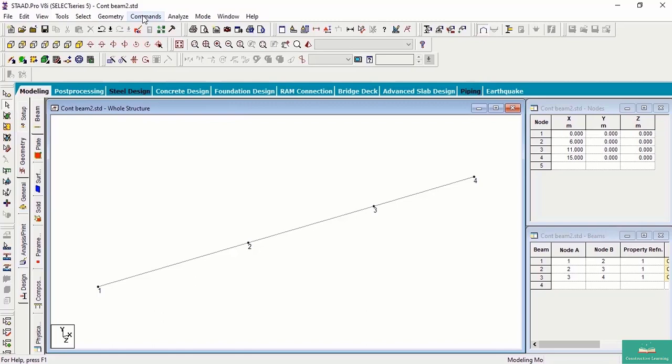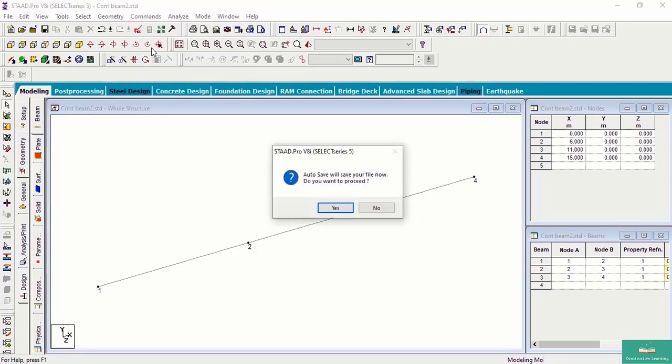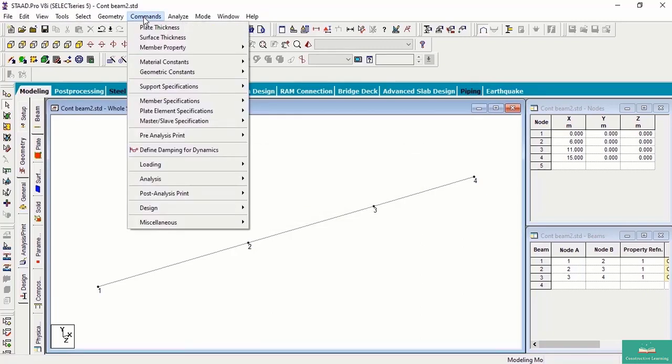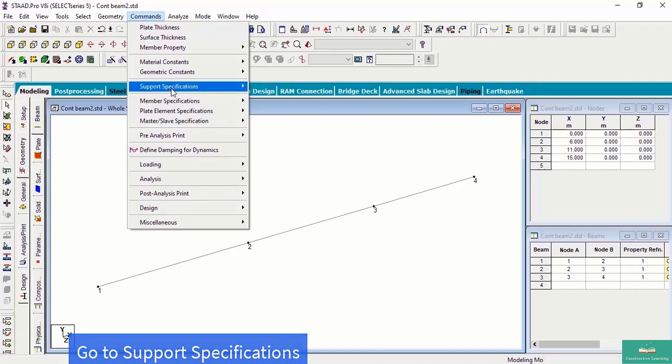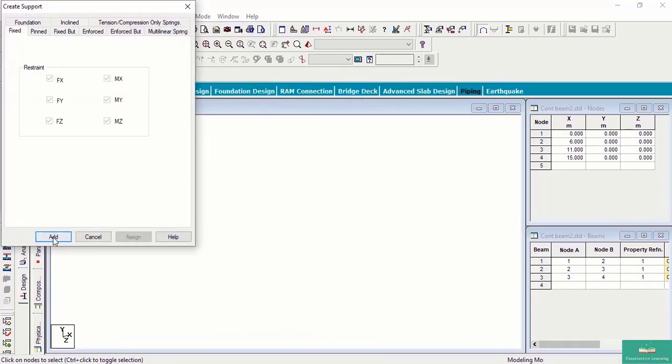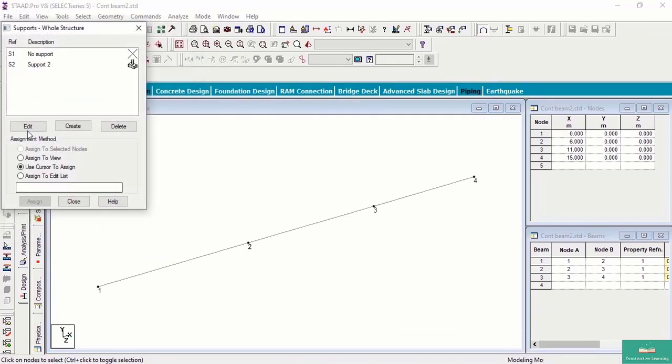Now we need to give support conditions. For giving support conditions, go to Commands. It will ask us to save again and again. Click on Save. For giving support conditions, go to Commands, Support Specification, Fixed. Click on Add.